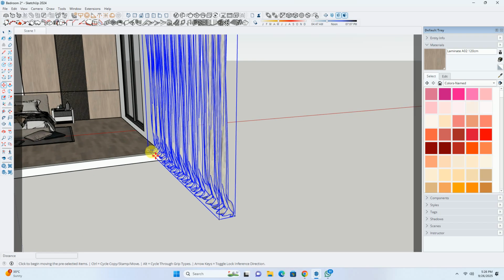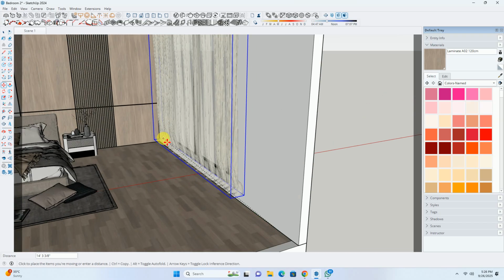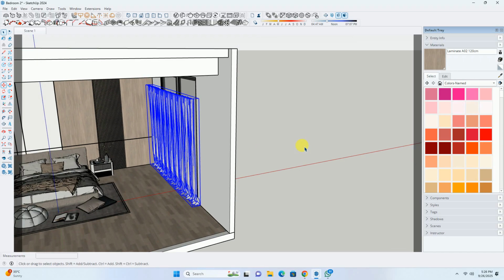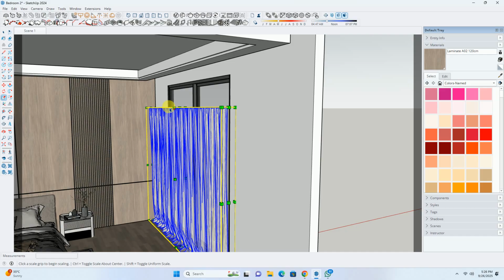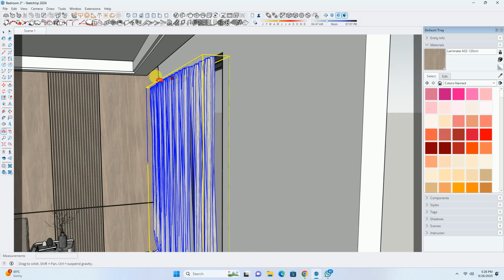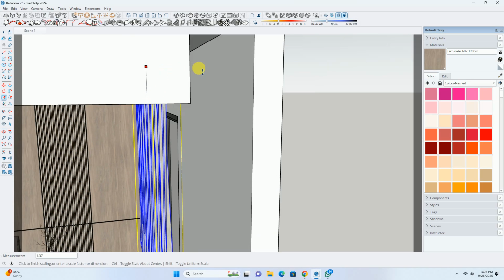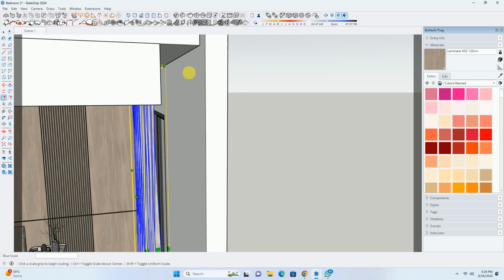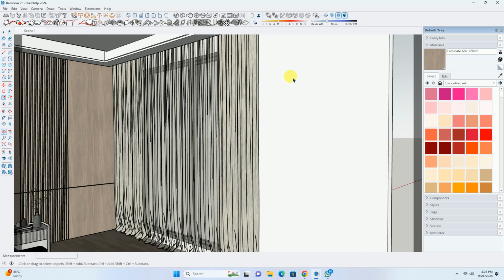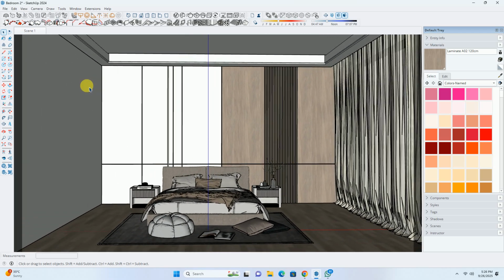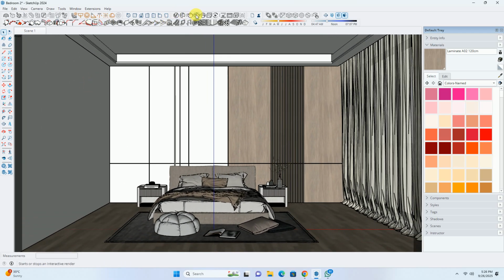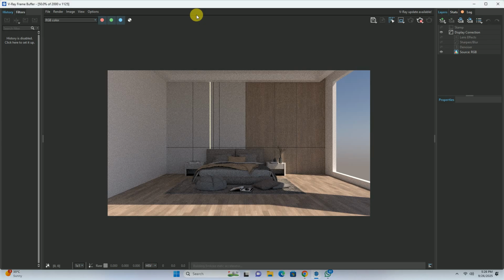Now we'll make this object, and scale it also till this surface. Now we can see an interactive view.